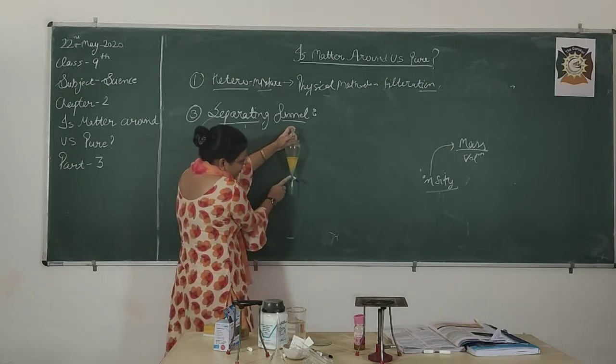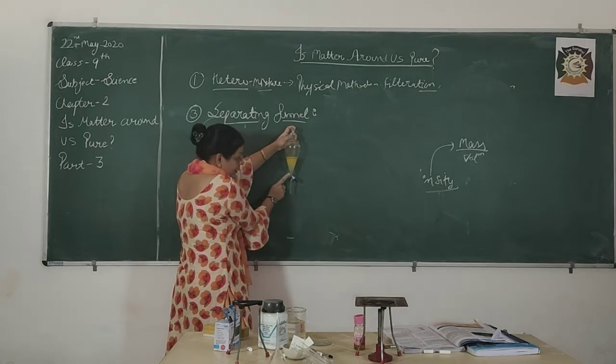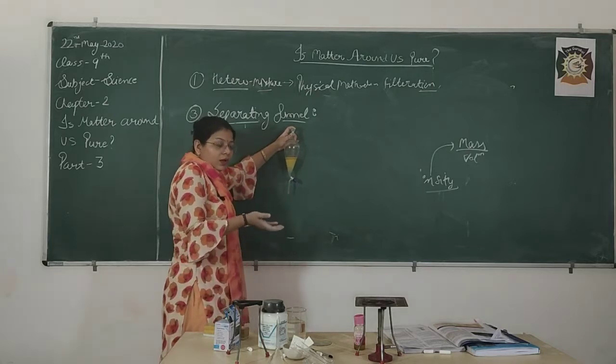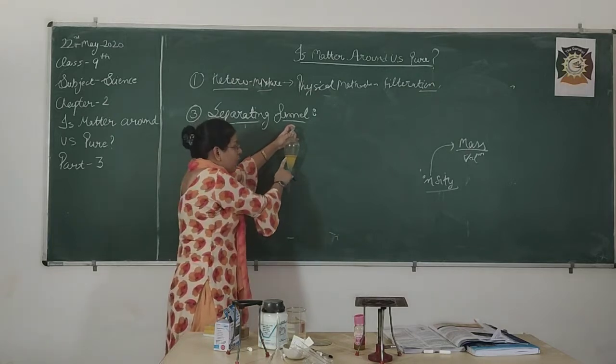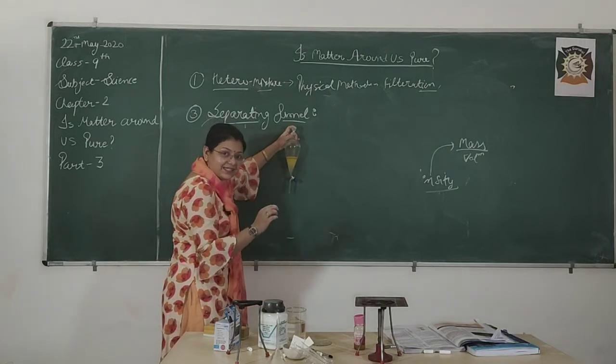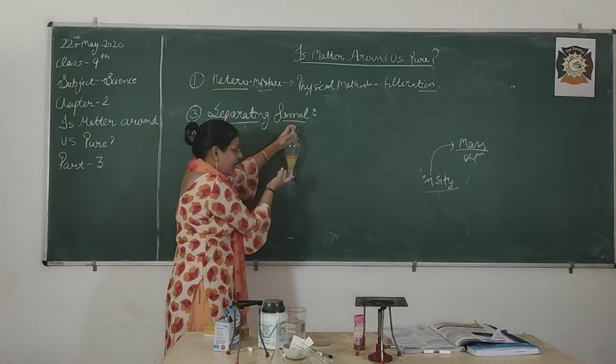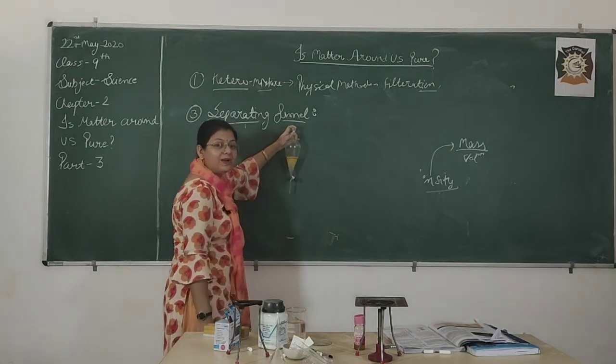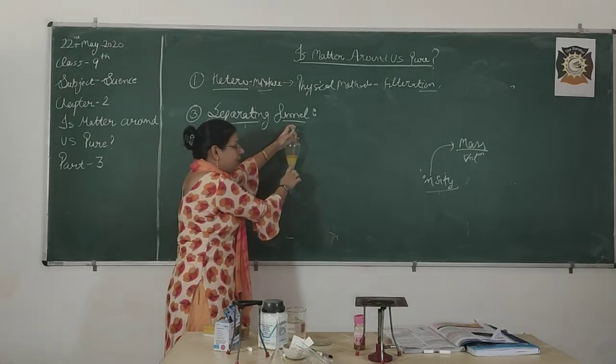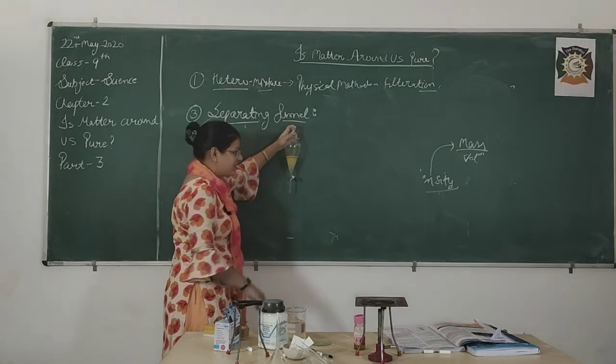Okay, you can see the effect. It is going to convert into a pure form of water, and all the oil particles are going to collect on the upper surface, because oil particles are less dense than water, so they float on the surface of water. And the density of water is what, beta? Higher, so it will settle in the lower part of this separating funnel.